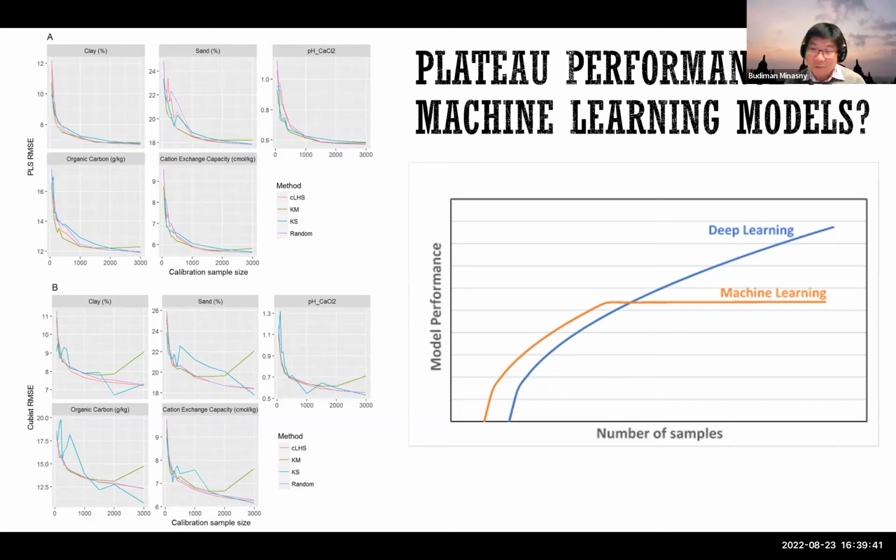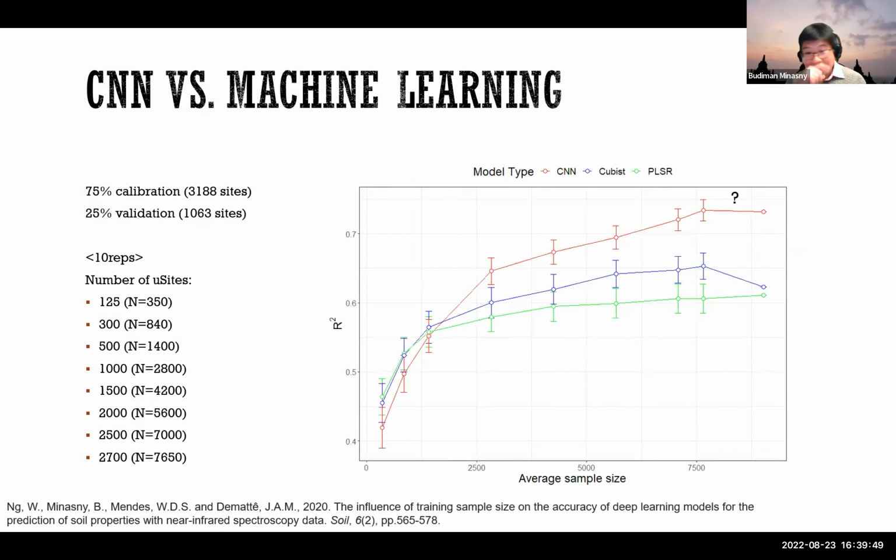The more samples you put in, the calibration is not going to increase the performance of your machine learning. So we tried that with deep learning. But again, this has an assumption that the CNN is a fixed structure. Maybe it needs to be adapted as you increase the number of data points: more complicated for a larger number of points, and simpler for a smaller number. But for a particular structure,